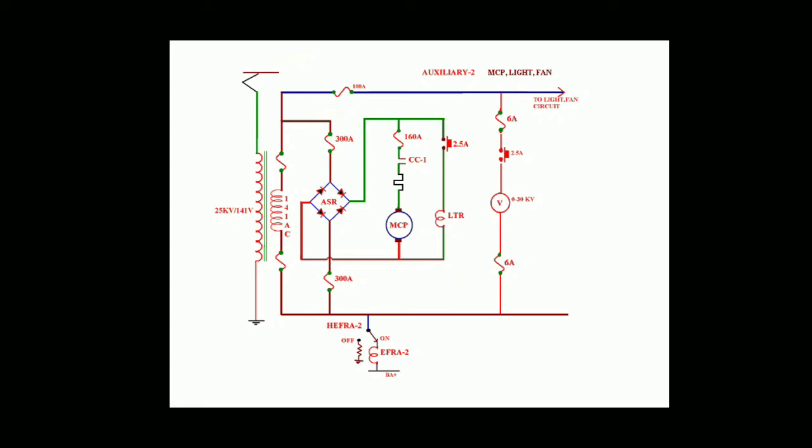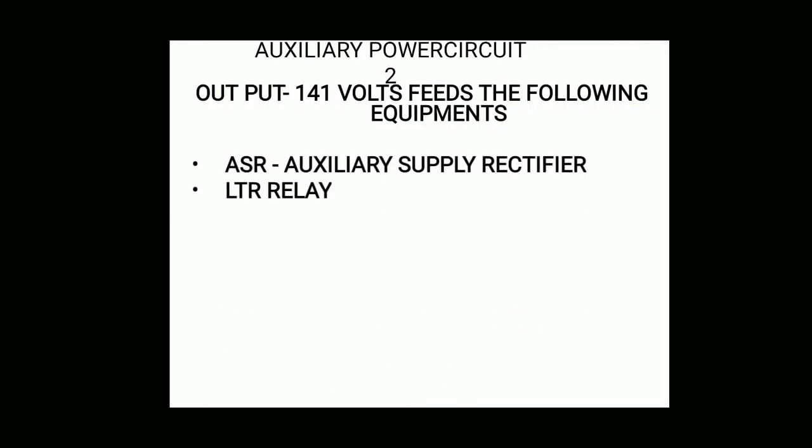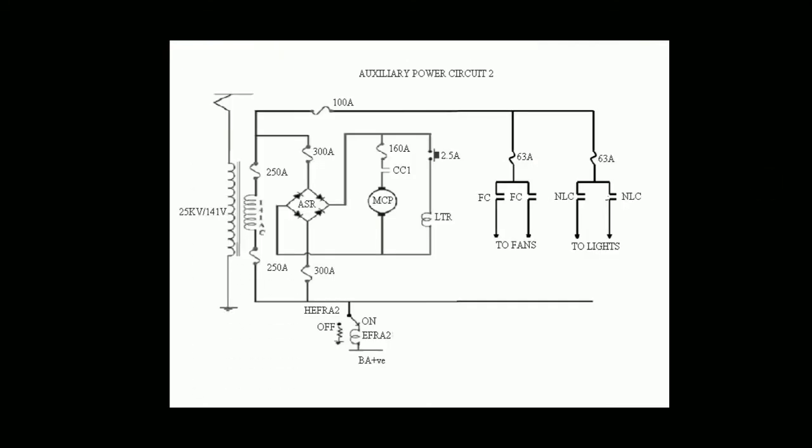This auxiliary power circuit 2 is protected by a relay, earth fault relay EFRA2. Output of auxiliary power circuit 2 is 141 volts AC and is given to auxiliary supply rectifier, LTR relay, fans, lights. As soon as power supply is available in auxiliary 2 winding, this supply is given to main compressor